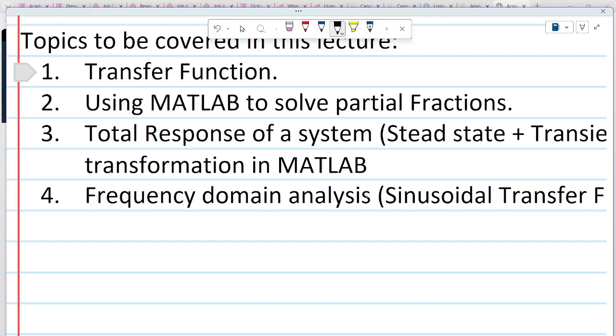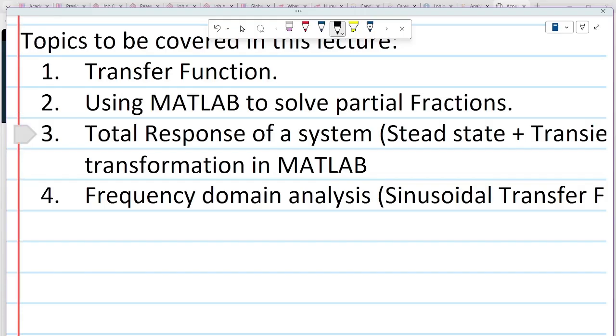So we are going to discuss what the transfer function is, and how we can use MATLAB to solve the partial fractions, because you guys know that partial fraction solution can be quite lengthy, and obviously our concern in this subject is mechanical vibrations, not to discuss how to solve the partial fraction. So we will use MATLAB to do it for us, to reduce the time, and then we will use